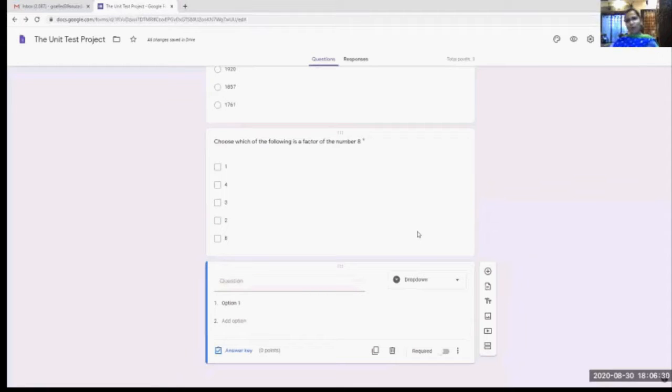So there will be many options dropping down, but he can have only one right answer. Let me give you a sample of a drop down question. So I say the function of the petals. Now this is in science. So I say the function of the petals